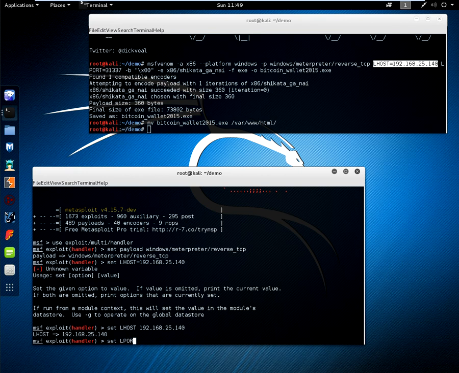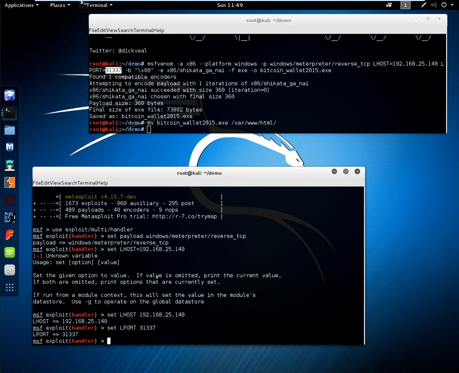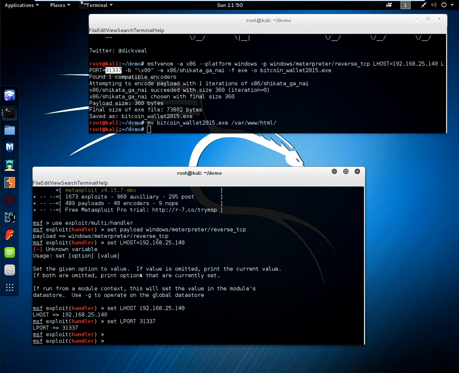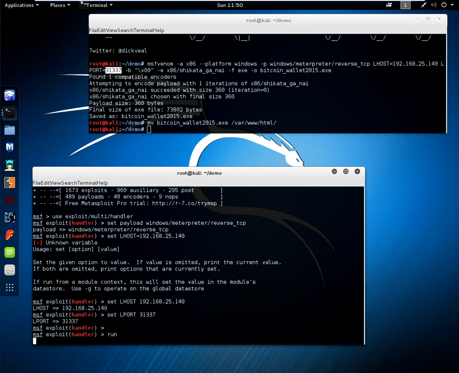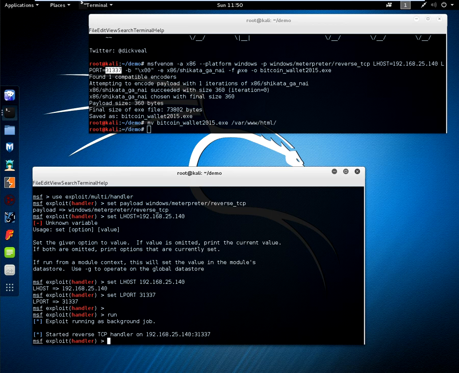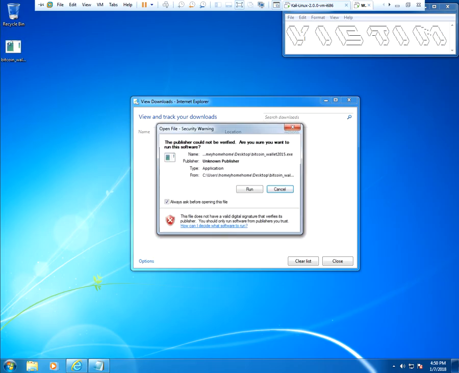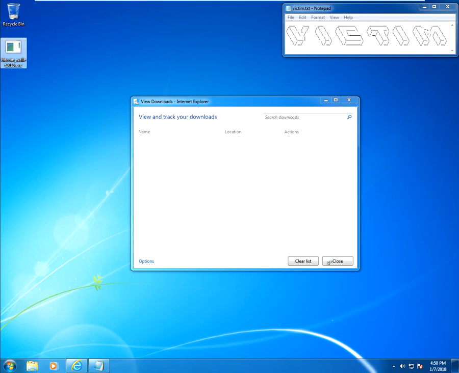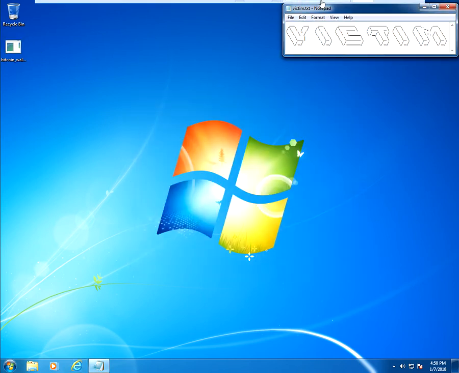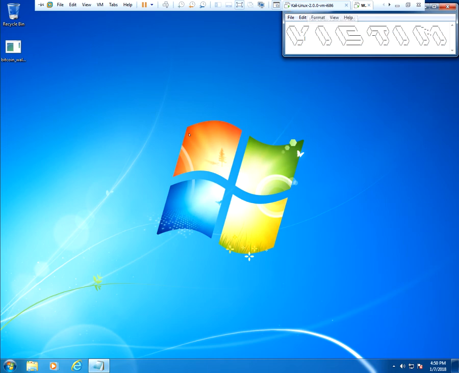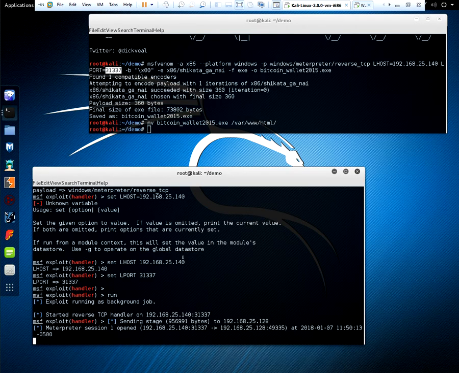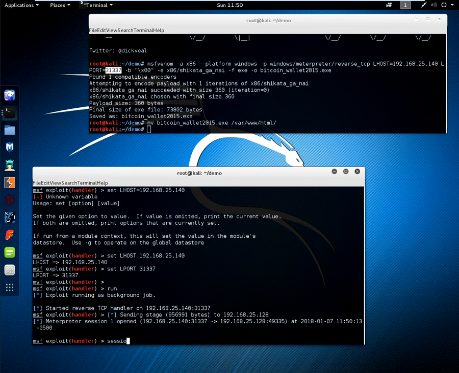And we know the L port. So we should be able to go and run that now. There we go. So we've got a handler running on our favourite port. Let's go and execute this. Ignoring all warnings because it's got some juicy bitcoins in it, hopefully. Oh, nothing's happened, surprisingly. But if we go back here, we now have